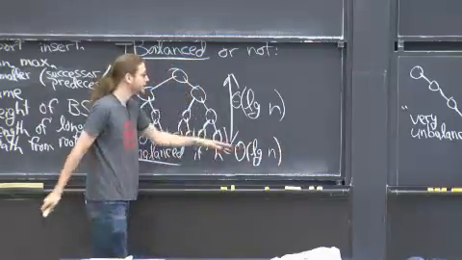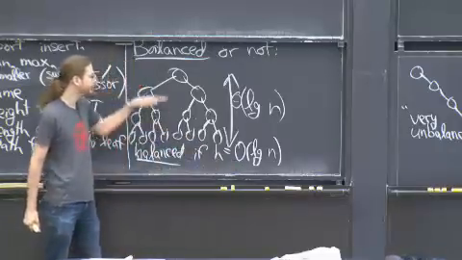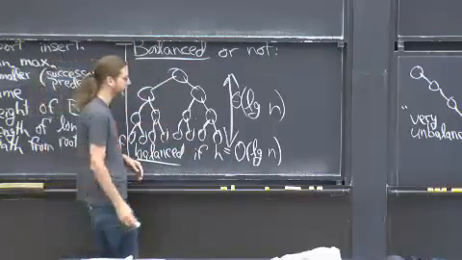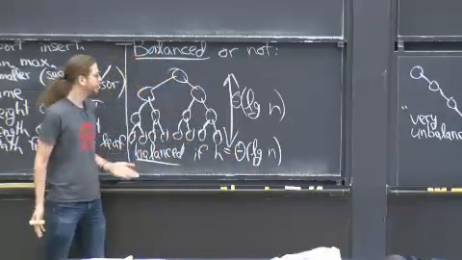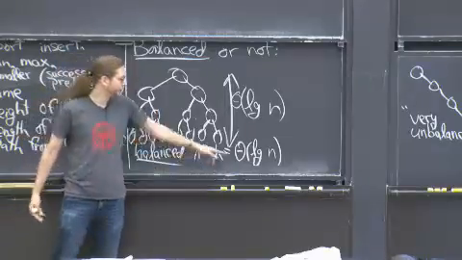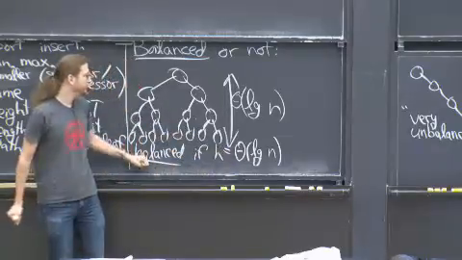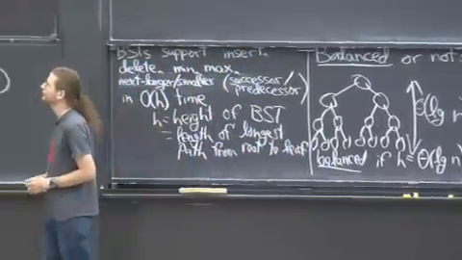So you're storing n keys. If your height is always order log n, we get a constant factor here. Here it's basically exactly log n, 1 times log n. It's always going to be at least log n, because if you're storing n things in a binary tree, you need to have height at least log n. So in fact, it will be theta log n if your tree is balanced. And today's goal is to always maintain that your trees are balanced.